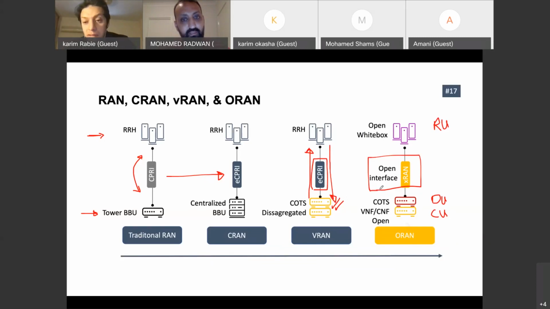And if you really achieve an open interface, then even the RU can be open for new vendors, to have some sort of white box solutions. So imagine the impact of that on the capex and opex for the operators. For sure, it will be a very competitive solution. It will give a really hard time to the legacy radio vendors. That's why, as we said last time, even radio vendors like Ericsson and Nokia are now joining these initiatives and participating.